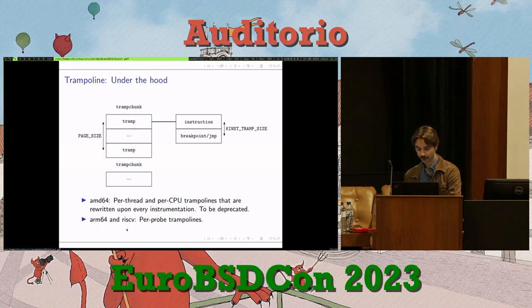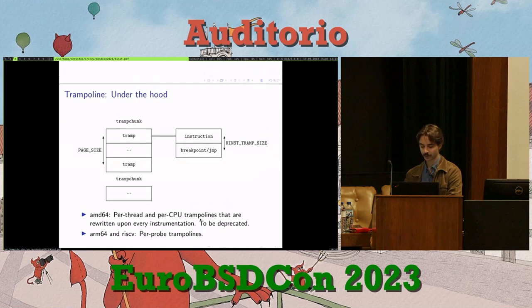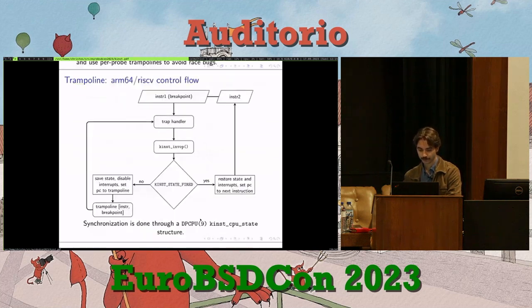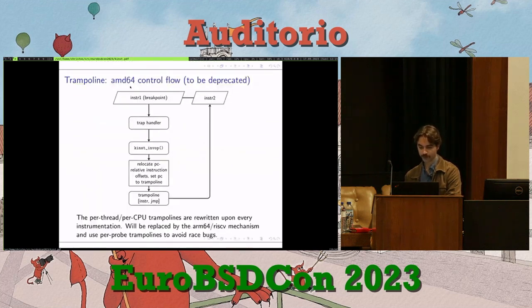So ARM and RISC-V use one trampoline for each probe. This is the control flow of AMD64, as I said, to be deprecated. We have the instruction, we hit the breakpoint, as I said earlier, trap handlers. And so what KINST does is,